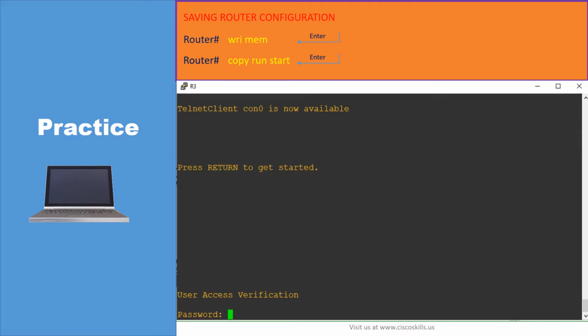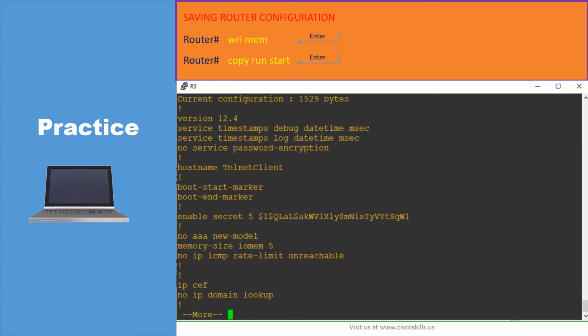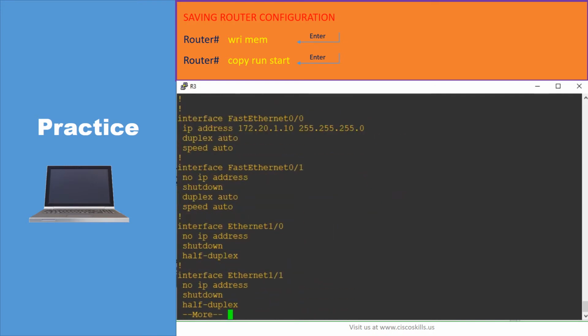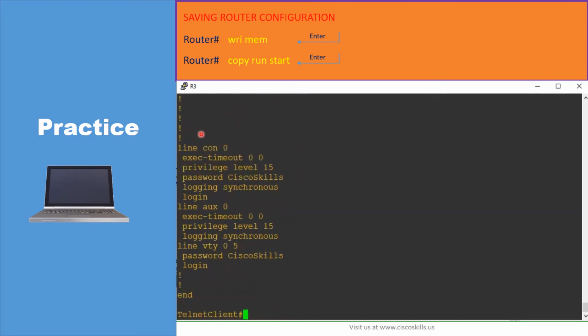Let's log in, type the password, and let's view the running config. Show run brief. As you can see, the host name is Telnet client and the enable secret password is set up. And also we're going to see that FastEthernet 0/0 is configured with this IP. And let's see, there's some more changes here. The console 0 is also configured with the password, and the line VTY is also configured with the password and